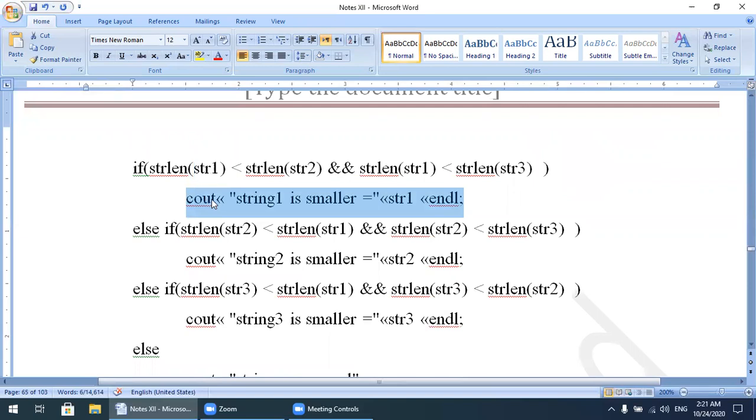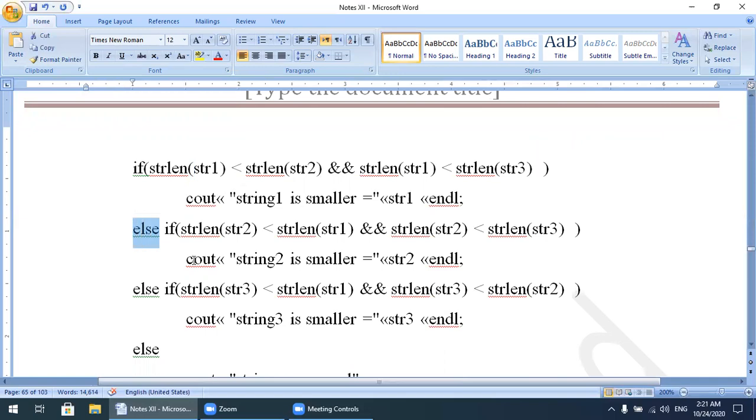Because with the logical operator and, as you already know, we have discussed the logical operators. With the help of the logical and operator, when all conditions are true, then the result will be true. So both conditions are false. This one is false, and this one is also false, so false and false, the result will be false, so this if will not be executed.